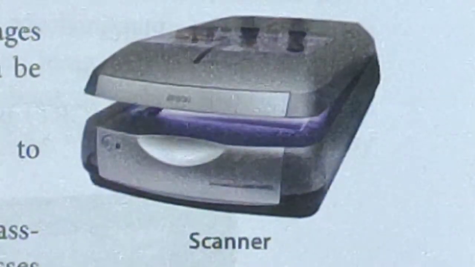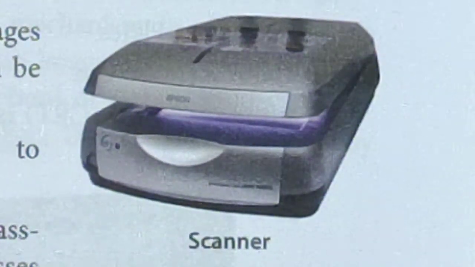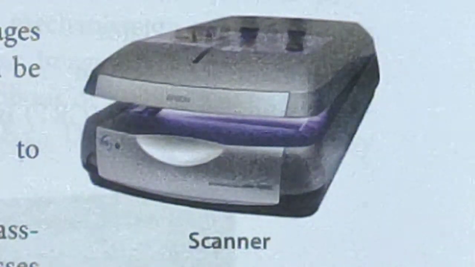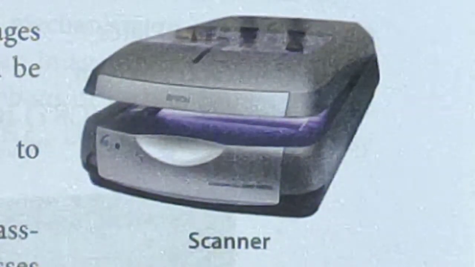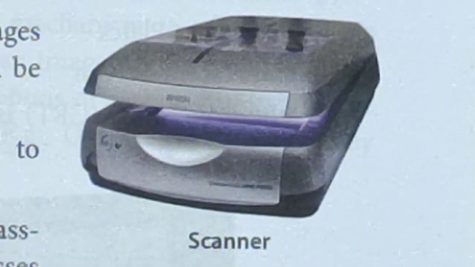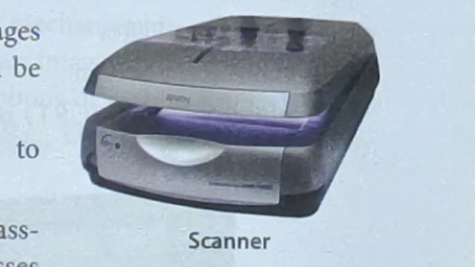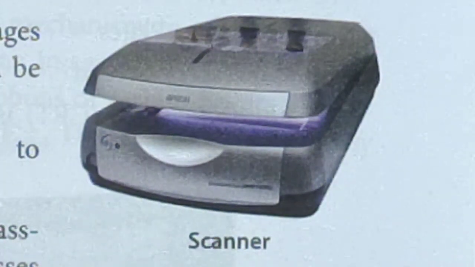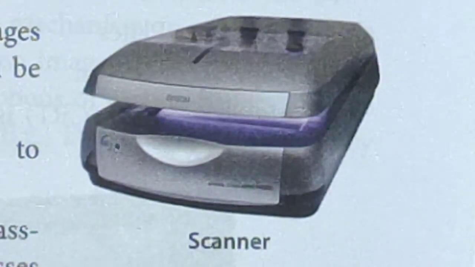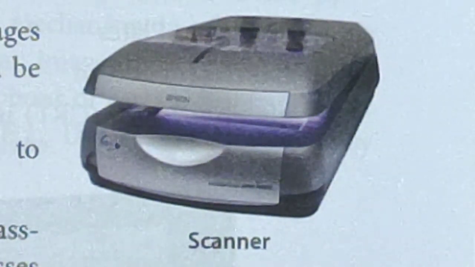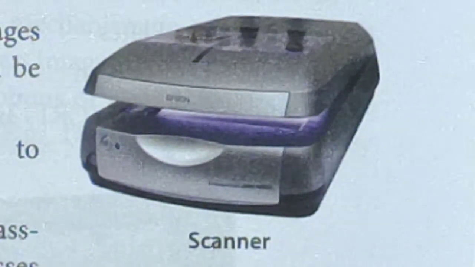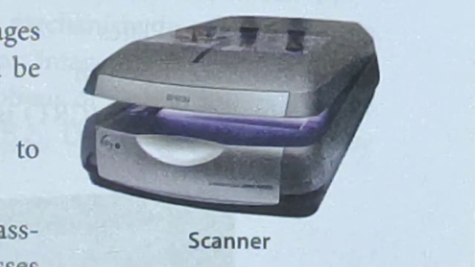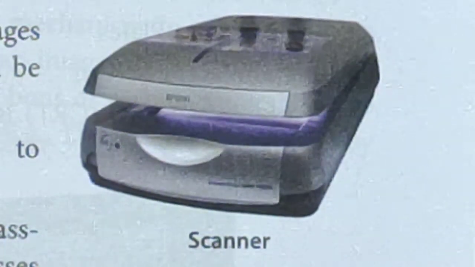Scanner. It is an input device which allows users to take images of text or photographs from the source. The images can be saved onto the disks for further processing. There are 3 functions of the scanner: scan, copy, email. Scan: it captures the images that can be saved as a file or sent to an image editing application. Copy: it scans the images and sends them to the printer to get a hard copy at the same time. Email: it scans the images and delivers them directly to the email editor.